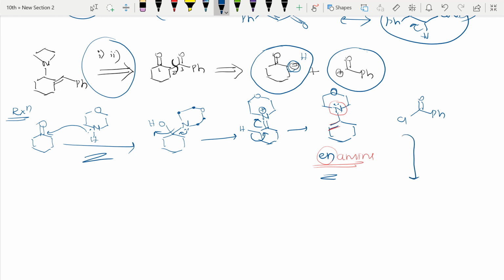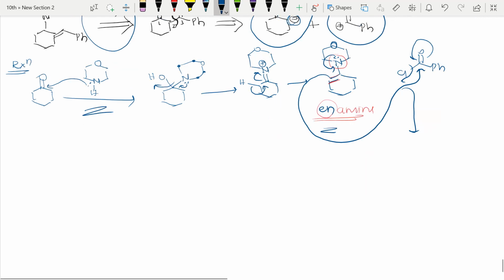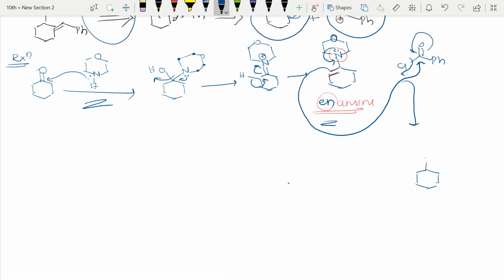I will just add it. In the enamine reaction, this will go and react with this, and this chlorine will leave the system. Simple enamine reaction, right? These things you know. So I will write that. Here nitrogen is there, here oxygen, and it has reacted with the carbonyl and the Ph group. I got this one, right? And here nitrogen has given its lone pair.